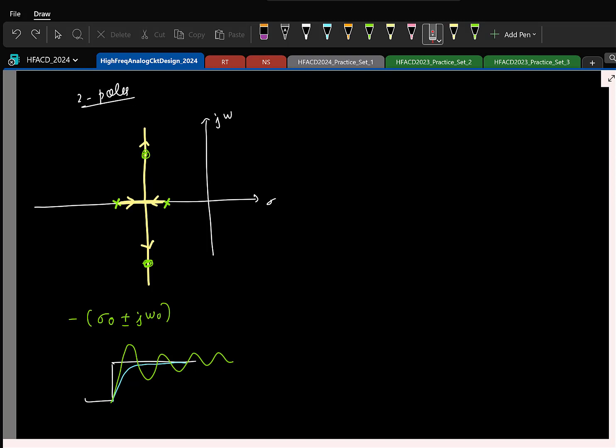So where do you want your closed loop poles to lie typically? If you want to avoid any kind of ringing in the step response, you prefer your closed loop poles to lie on the real axis. Okay, so maybe I'll write it here. If you want to avoid ringing, closed loop poles